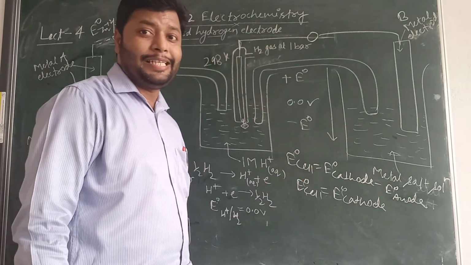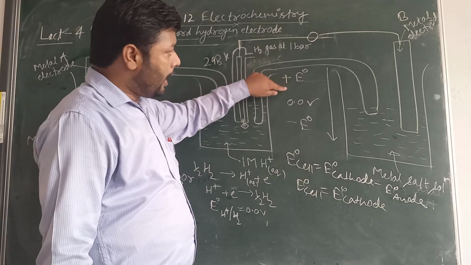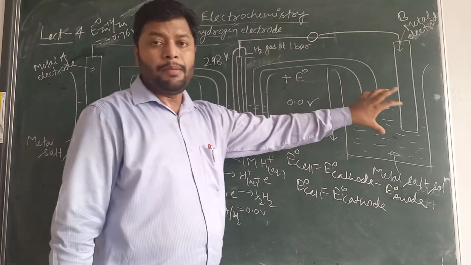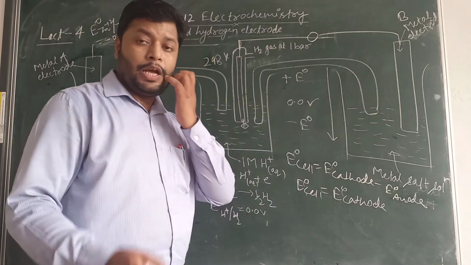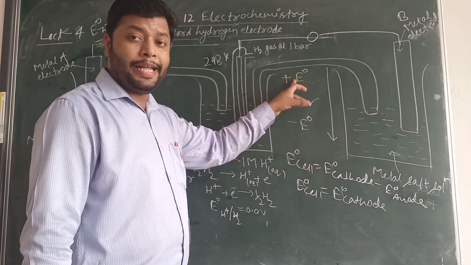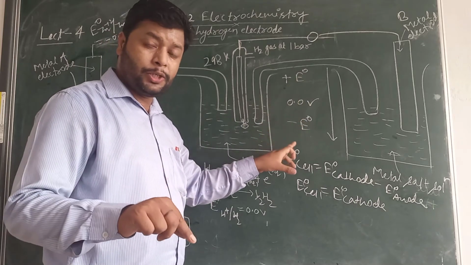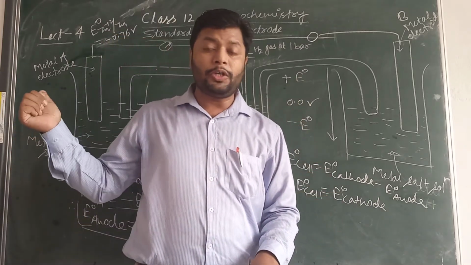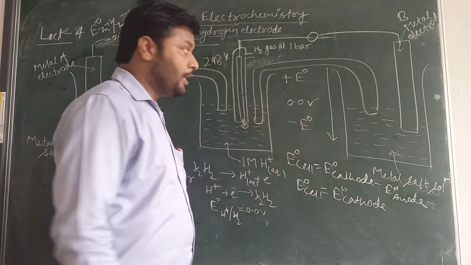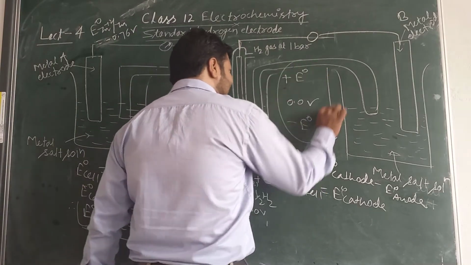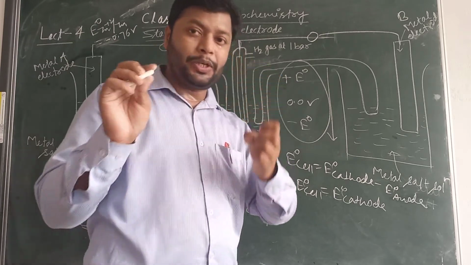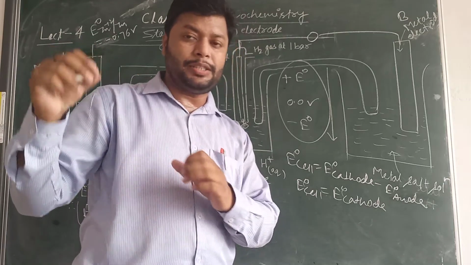The electrochemical series will be arranged like this. All those electrodes which have a positive value, meaning they behave like a cathode compared to hydrogen electrode, will be placed above the hydrogen. All those electrodes which behave like an anode compared to hydrogen electrode will be placed below the hydrogen with a negative sign. And one important thing is that this series is of reduction potential. The value of the potential should be written in terms of reduction potential.